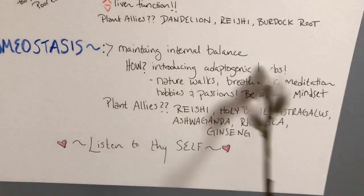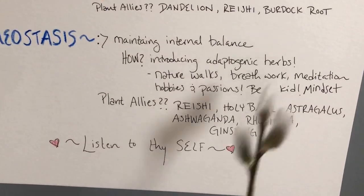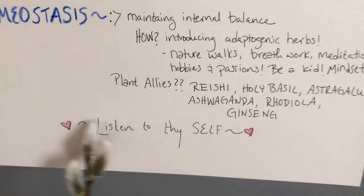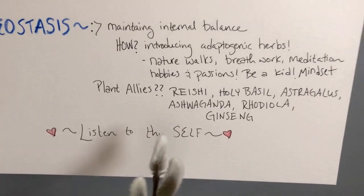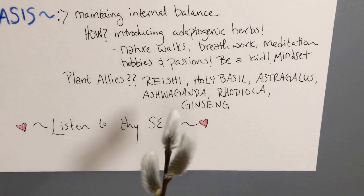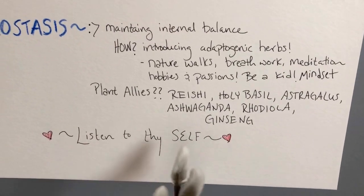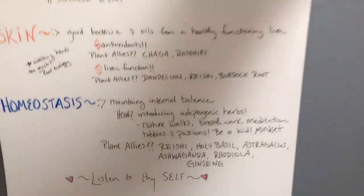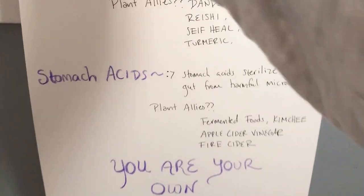And when you're doing all of these things to help your body maintain homeostasis and loving on yourself, you start listening to yourself. And listening to yourself is one of the greatest medicines, because then we are trusting ourselves and we're really coming into our own power. And that's what it's all about. So let's move on to the third part of this very important